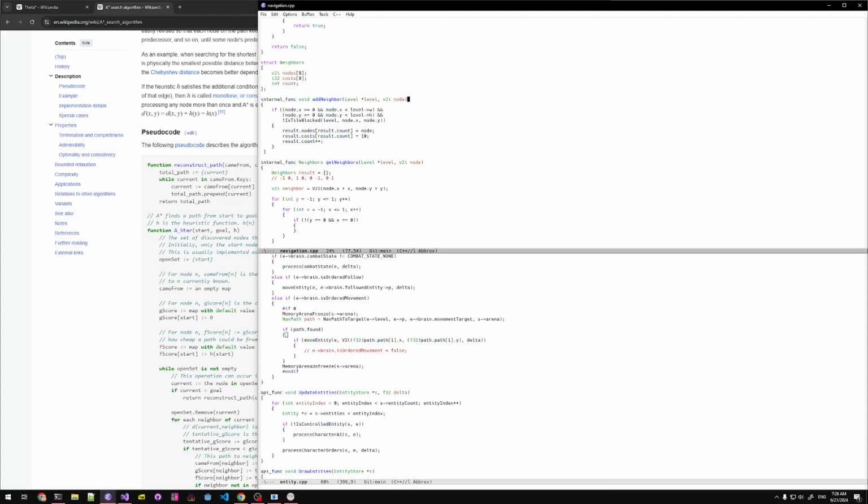Oh yeah, we also want that to be passed by pointer. And then we will add that to here,